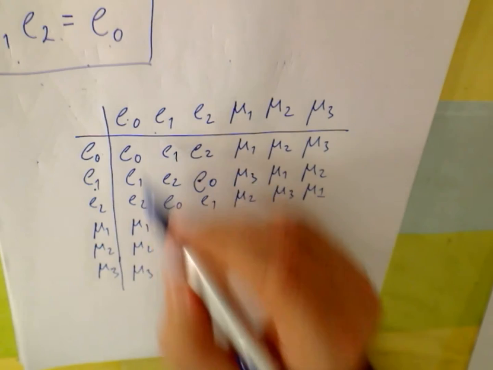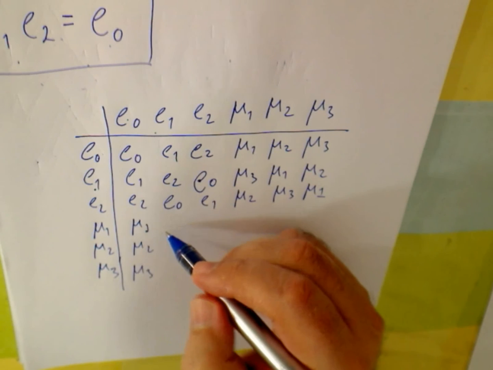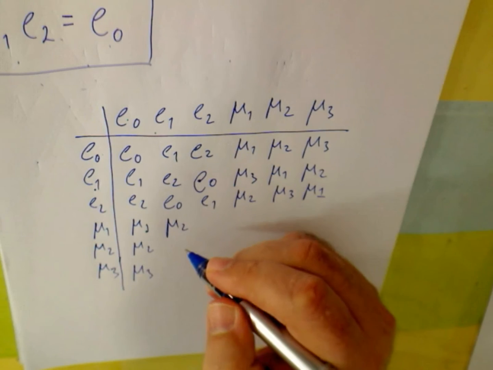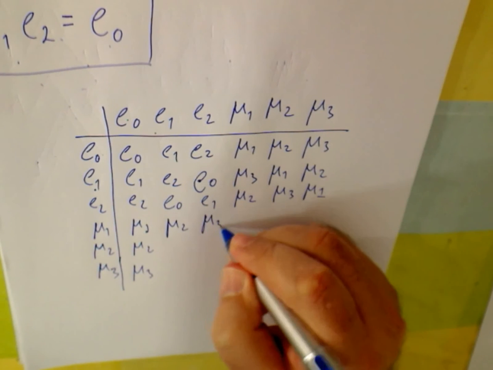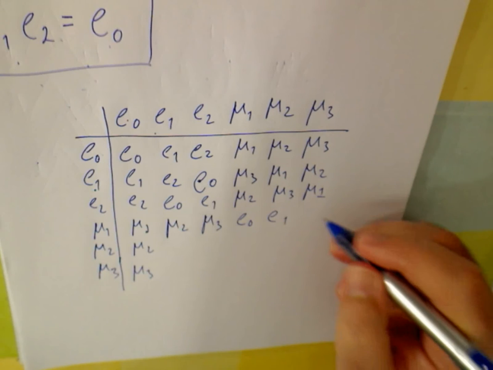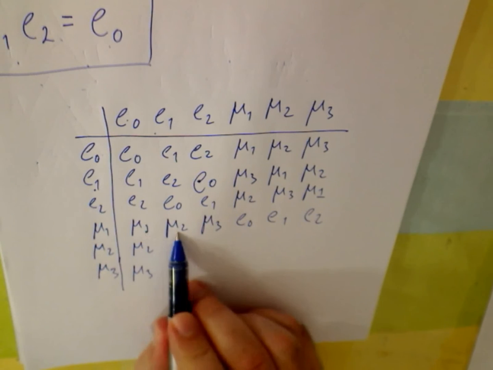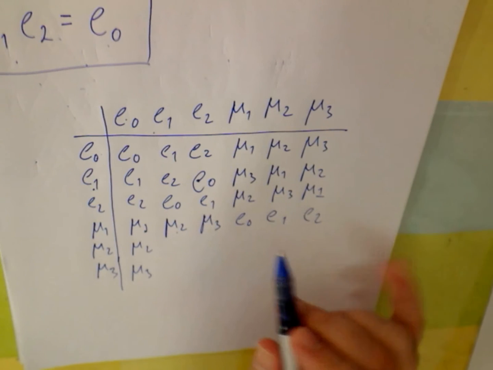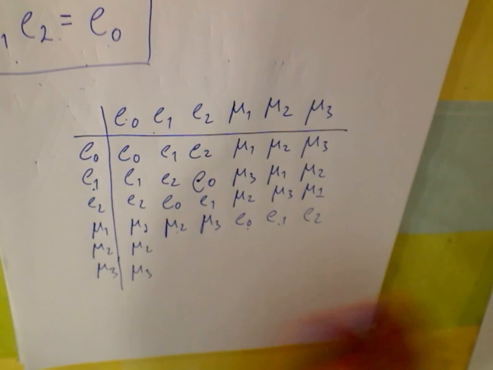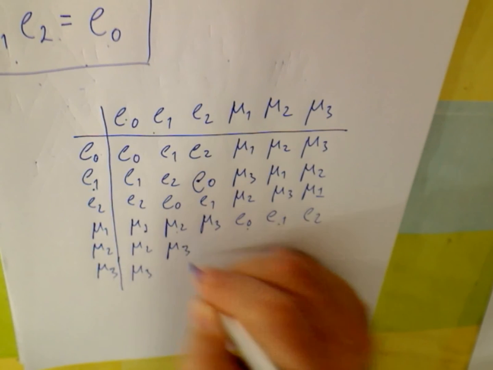M1 times R0 is M1. M1 times R1 will be M2. This is packed with regularities. Okay, you see, for instance, M1 and mu1, mu2, mu3, and then R0, R1, R2. This is packed with regularities. Okay, mu3,